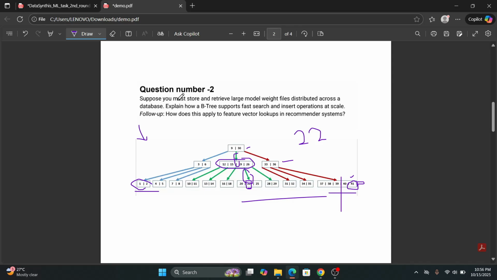datasets. Now for the follow-up question, in recommender systems, embeddings for users and items are actually sorted by IDs. So during inference, we might need to quickly retrieve those embeddings. A B tree index would let us locate them efficiently without scanning everything. Since these trees are balanced, if we add new users or items, the lookups won't slow down, keeping the real-time